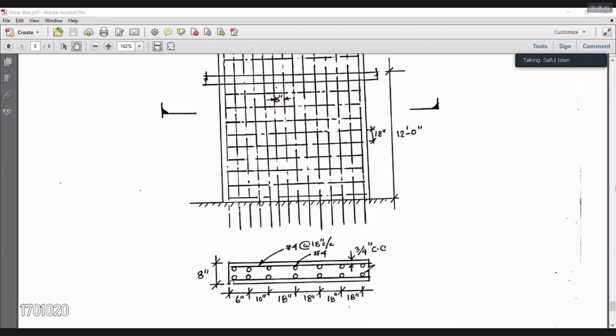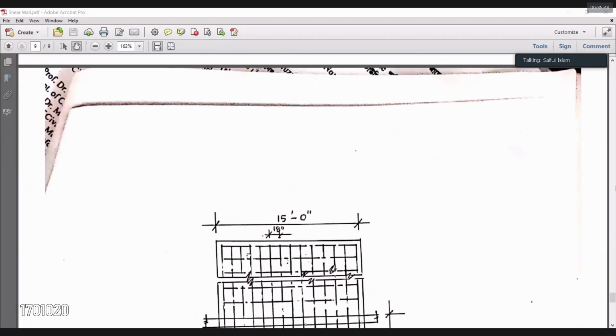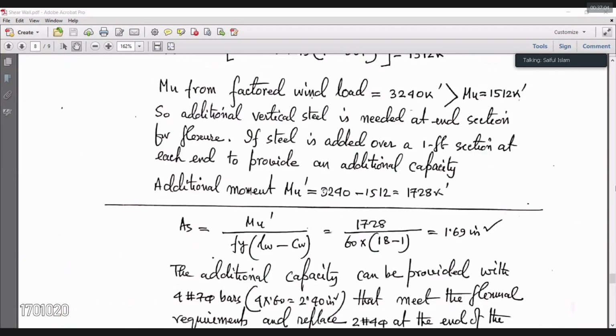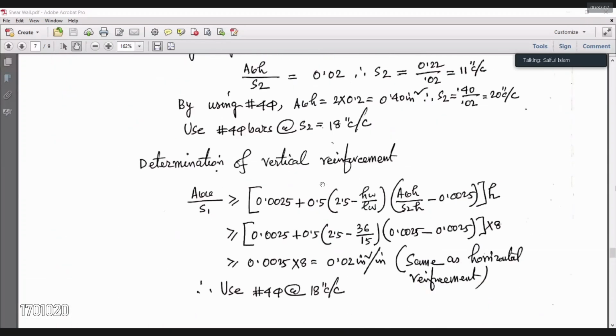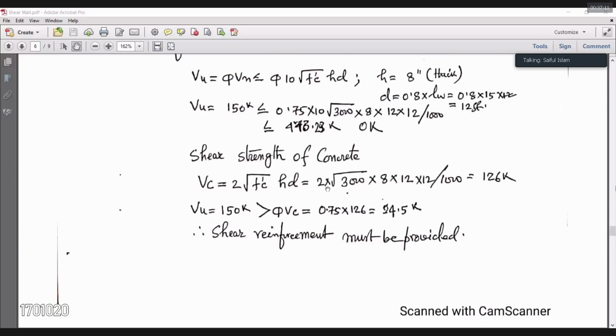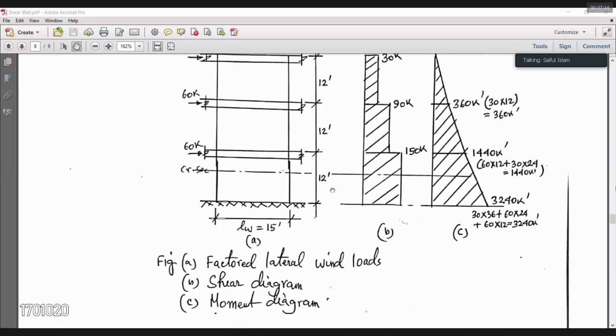এই দুটা বার আমাকে রিপ্লেস করে এই 4টা বার দিতে হচ্ছে ফ্লেক্সাল স্টিল। তাহলে ওই দুটা বার কম হলো না, তাহলে এই 4টা বারের মধ্যে ওই দুটা বার যোগ করে দিতে হবে, সেটাই করা হয়েছে। যেমন দেখো, আমার 4টা বারে লাগে 1.98, আর দুটা বার যোগ করে দিয়ে আমার হয় 2.38। এই তো 2.38, আসলে আমি যে 4টা বার দিচ্ছি তার থেকে এরিয়াটা কমই আছে, সুতরাং ওই 4টা বারে ওই কভার করে দিচ্ছে, এটাও কভার করছে। তো এর মাধ্যমে তোমার শেয়ার ওয়াল ডিজাইনটা আমরা করলাম। আরো ইলেবরেট ডিজাইন তোমরা শিখতে পারবে এমএস লেভেলে। আই হ্যাভ গিভেন ইউ দ্য